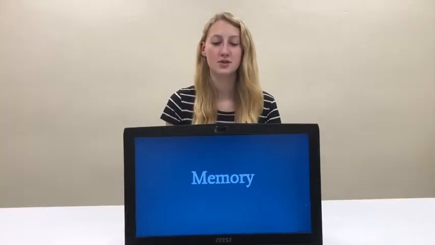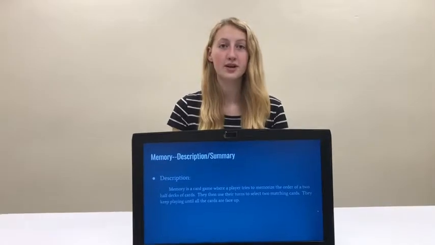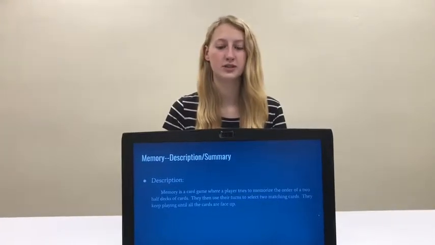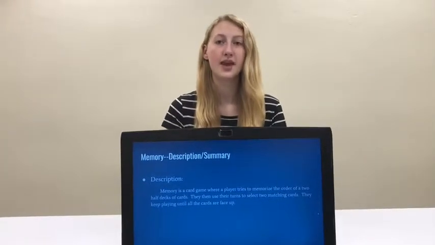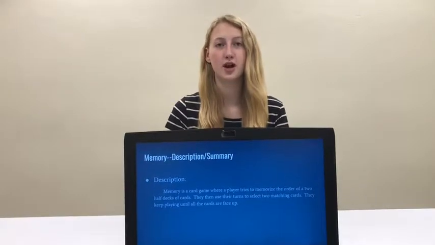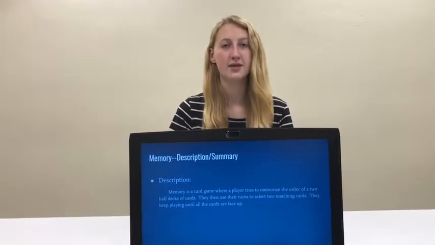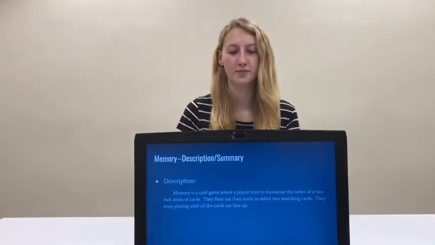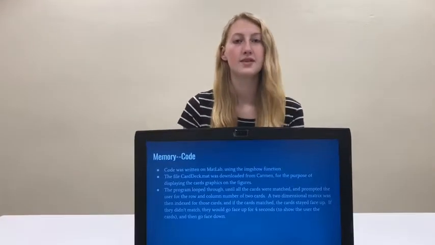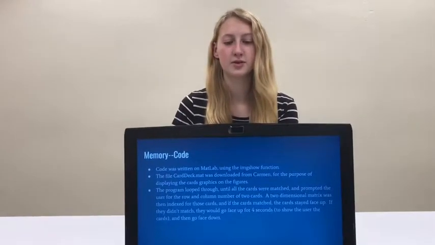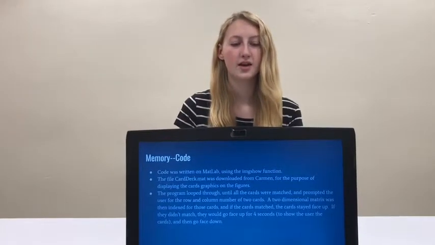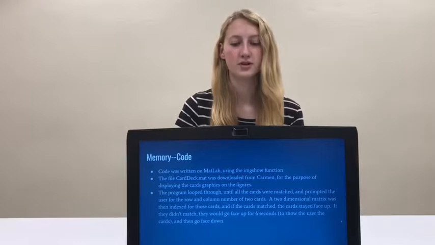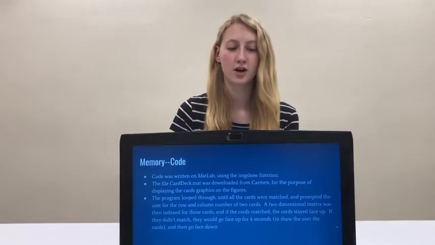So the second game we did was Memory. Memory is a card game where a player tries to memorize the order of a 2-half deck of cards. They use their turns to select 2 different cards to see if they match. If they match, then they'll stay face up, and it'll end the game when they are all face up. This code was written on MATLAB using the imshow function. The file carddeck.mat was downloaded for the purpose of displaying the card figures